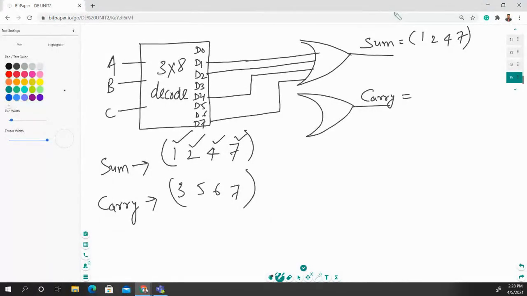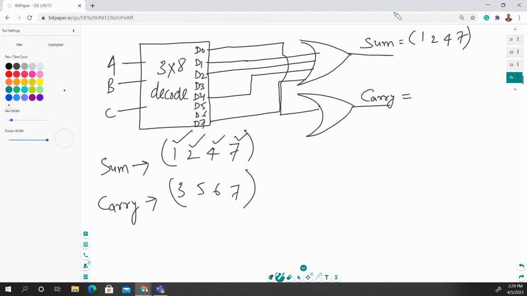Okay, and which values do you have to take for the carry? Quickly give your response. You have to use the value from this first location. So take the value from here. Then after this, 3, 5, 6.